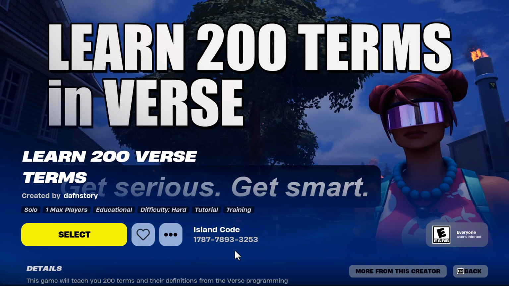One thing that I found in learning Verse myself is that the terms are very important and they have different meanings in Verse than they do in other languages. So if you're trying to get started with Verse and you're just looking for a fun way to get familiar with the terminology, which is actually important, I would suggest this game. I think it's more fun than just reading the glossary as it is.